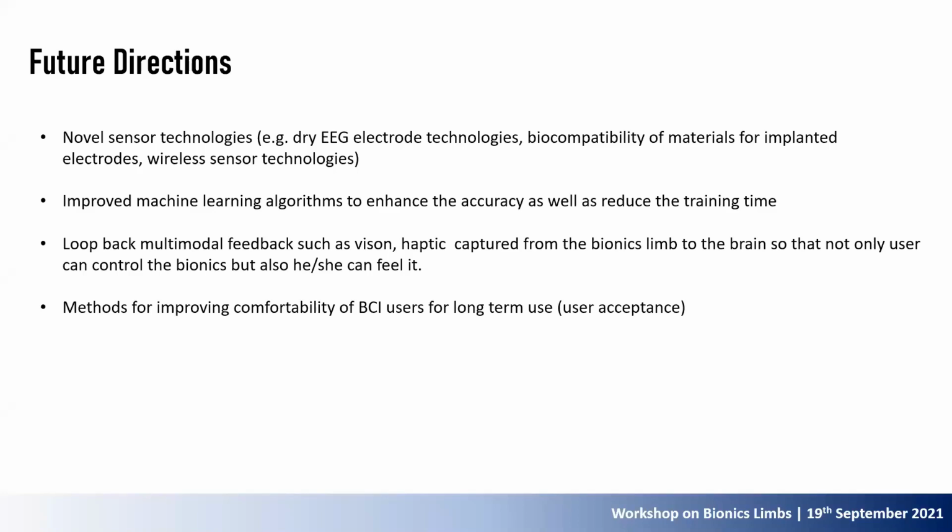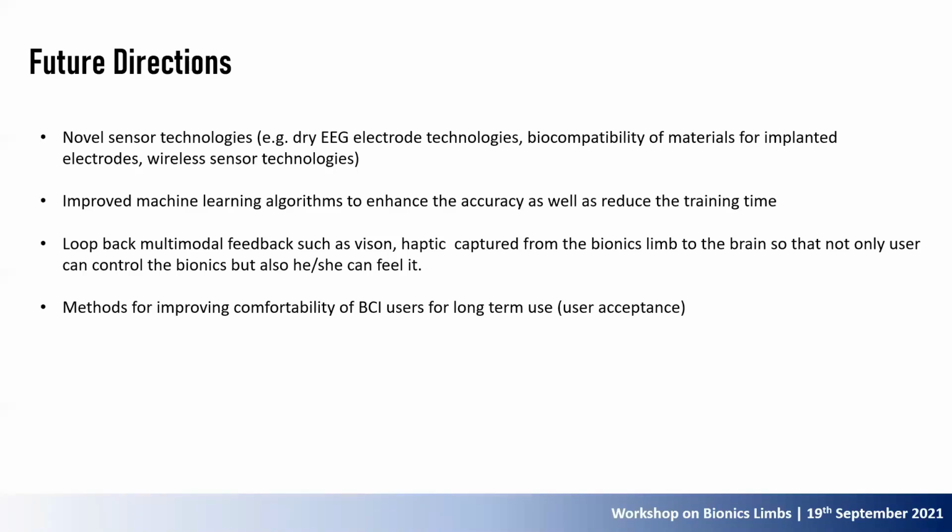And also, similar to other fields, machine learning and artificial intelligence techniques can play a huge role in enhancing the accuracy of BCIs as well as reducing training time. At the moment, for example in the previous video, it took approximately 1.5 to 2 months to train the whole algorithm as well as the person. If we have improved machine learning techniques, we could easily reduce the training time of these BCIs. And also another important thing is looping back multimodal feedback, for example vision and haptic,